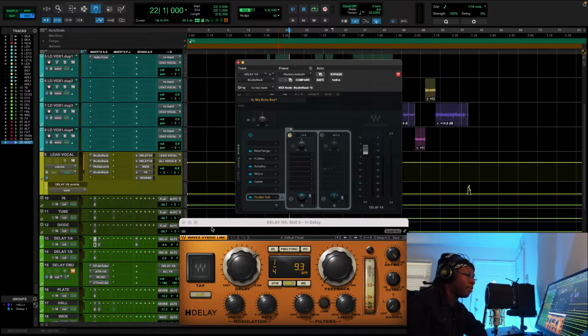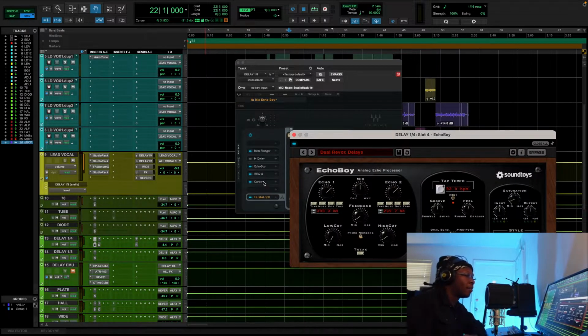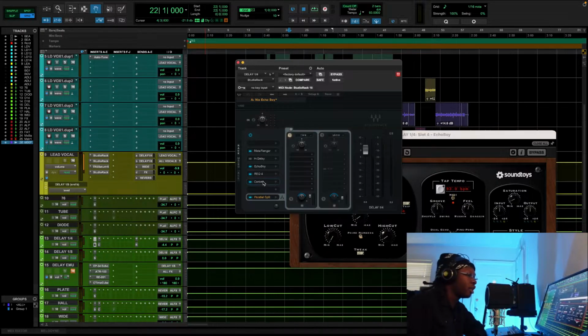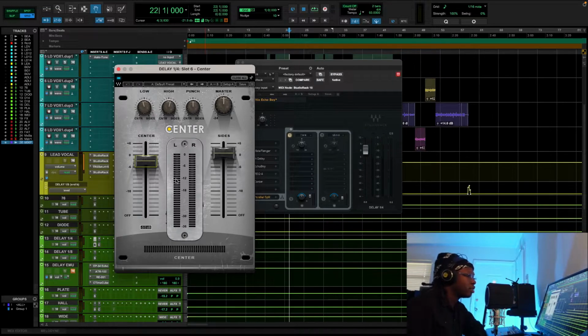I learned that plugin inside out pretty much, but now I don't really use it anymore. With delays, I don't ever like my delays to step over everything. So what I always do is a little bit of mid-side processing. As you can see here, I cut off the center channel by about 2 dB or so, and I